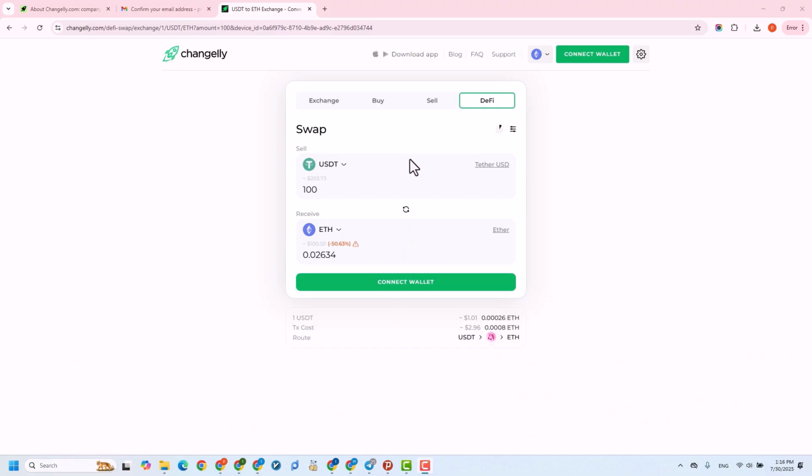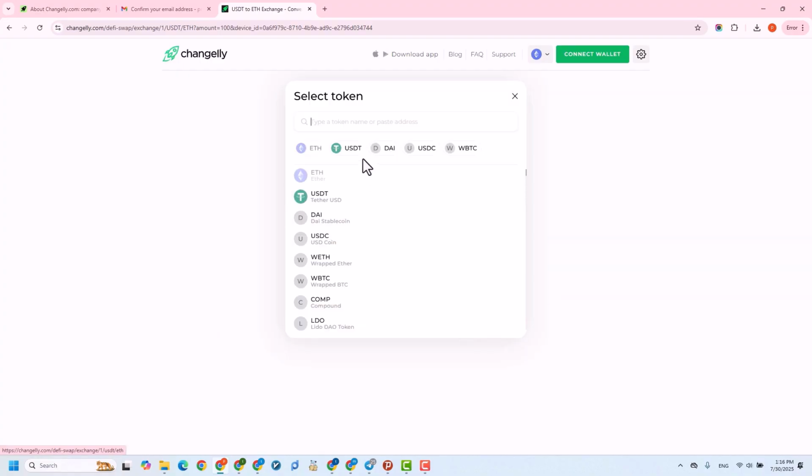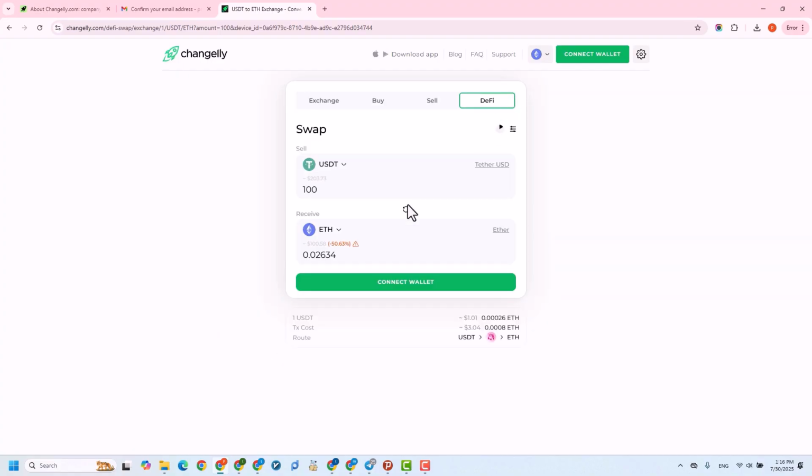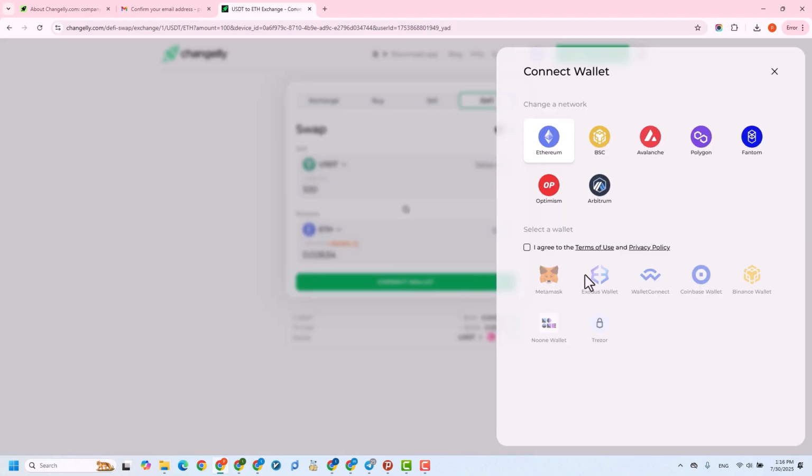In this section, you can clearly see the details of your transaction, and if you want to send Ethereum instead of USDT and receive another currency, you can make these changes right here, or alternatively, you can use this button to swap the selected currencies. By clicking on the Connect Wallet option, you can select your desired wallet and complete the remaining steps for swapping